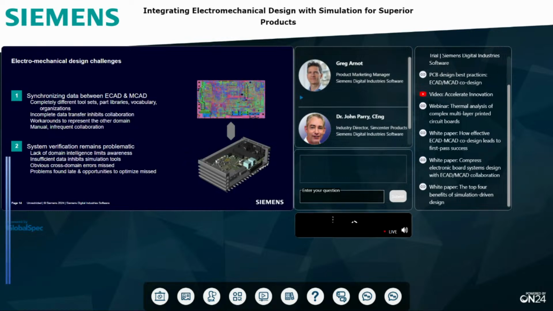Because of this, there are frequently workarounds to represent the other domain. So, for example, things like cutouts, keepouts, and height restrictions. What we tend to see in the industry today is that mechanical engineers are creating thousands of placement keepouts to represent the enclosure and other mechanical items, which is representing a 3D issue with a 2.5D object. This also makes it difficult for the electronic designers to understand where they can place their components, since there are so many draw items overlapping,